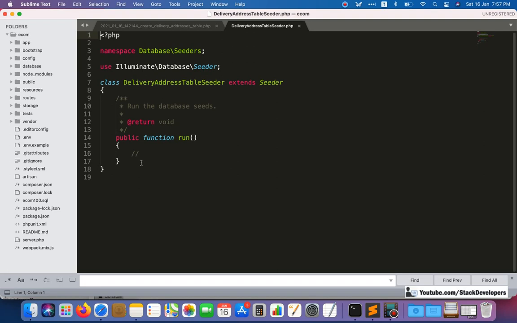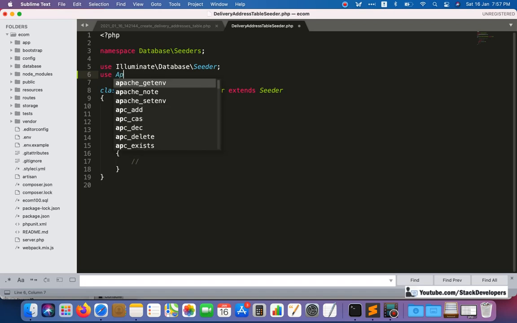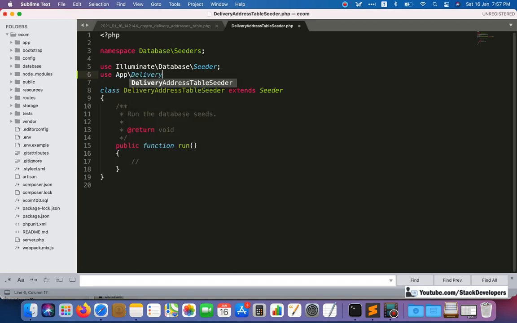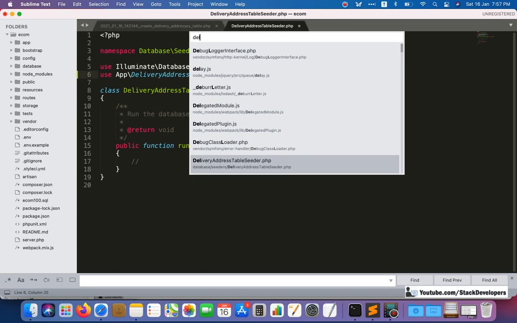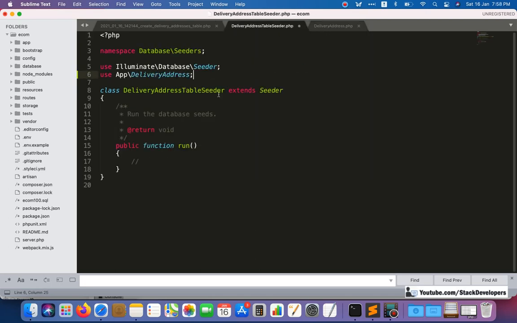Now here we are going to write our query, and also add the model we have created, use App DeliveryAddress. We can check that the model was created in our earlier step. Yes, it's there.